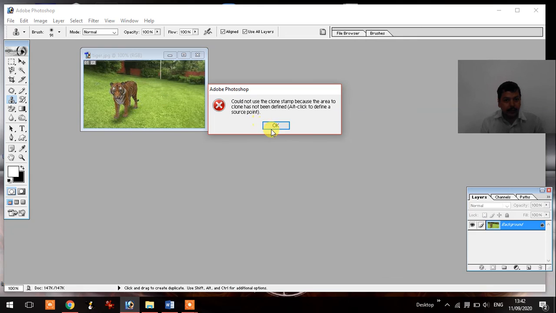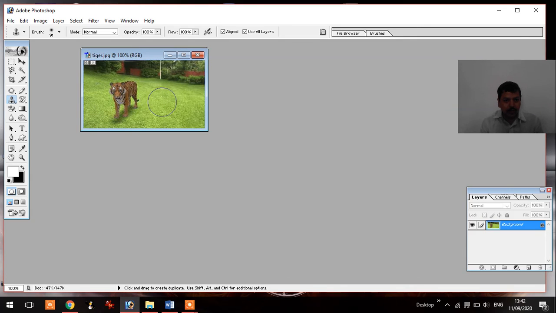Okay, now press the Alt key and click here. Now you can see it is removed. So the clone stamp tool is also used for removing any particular picture from your selection.